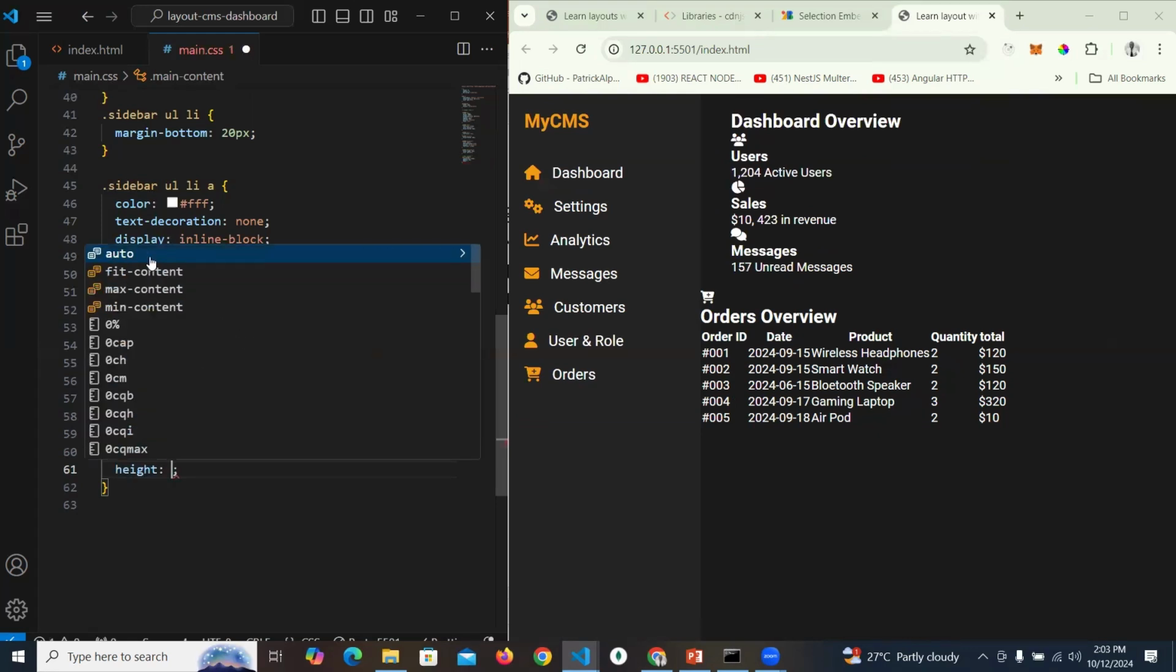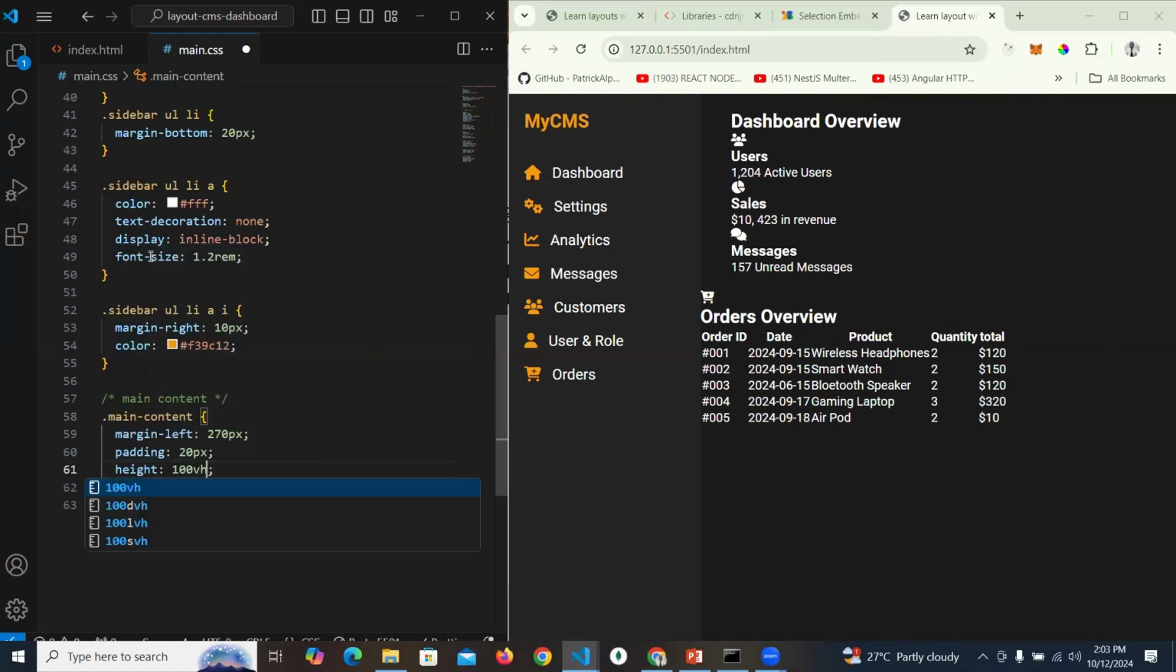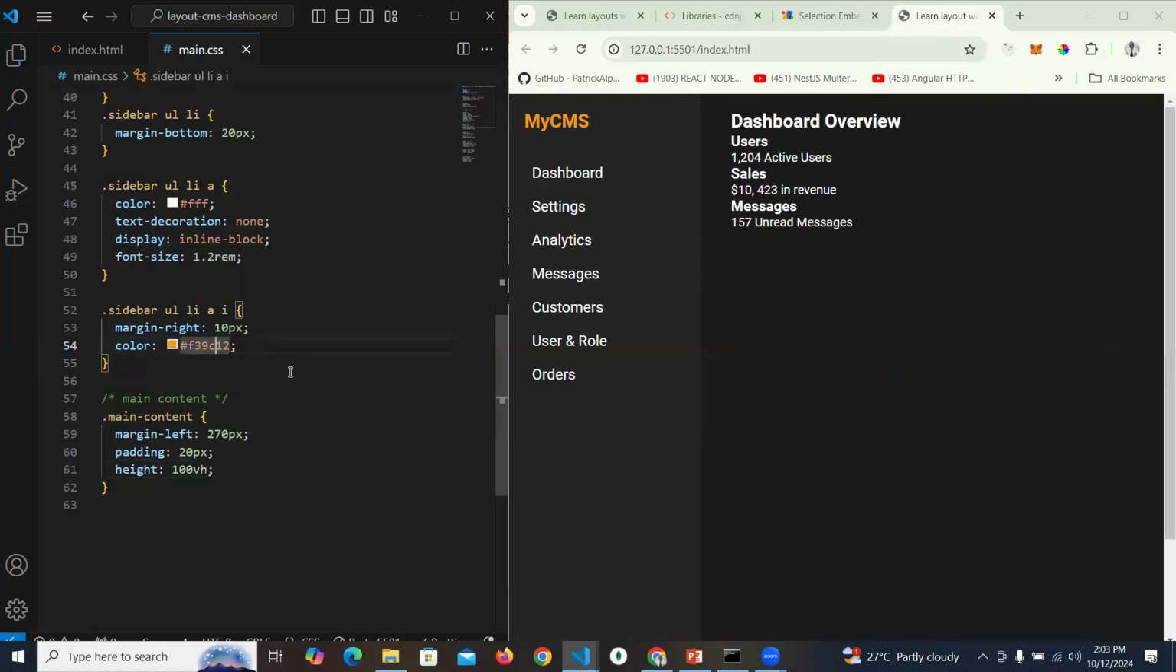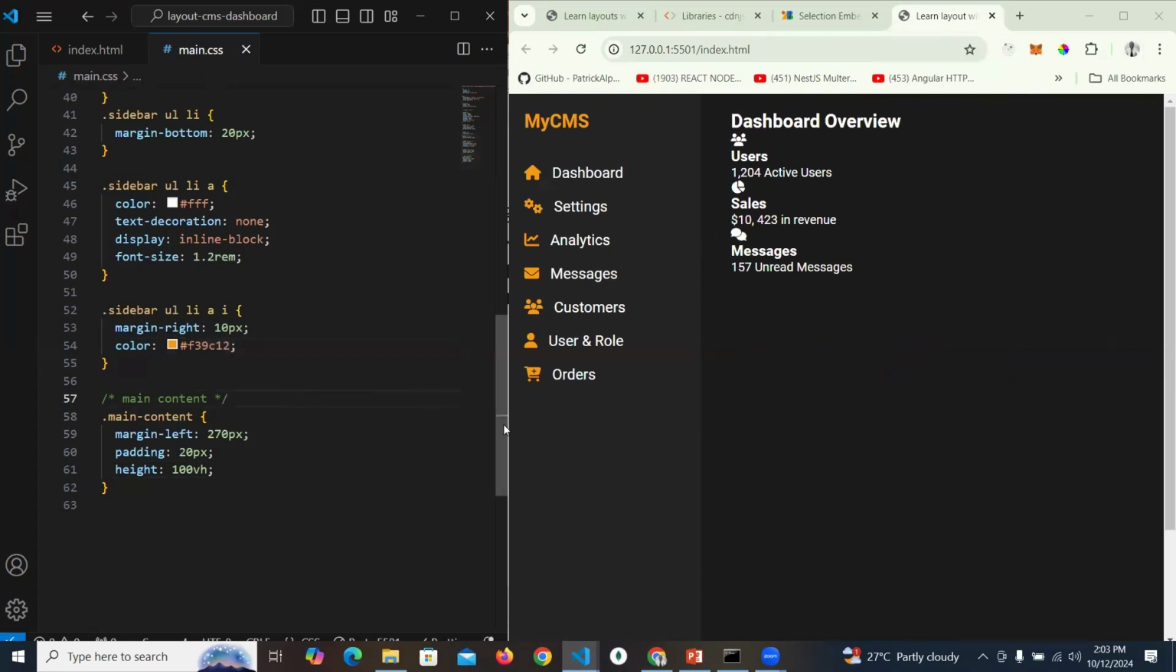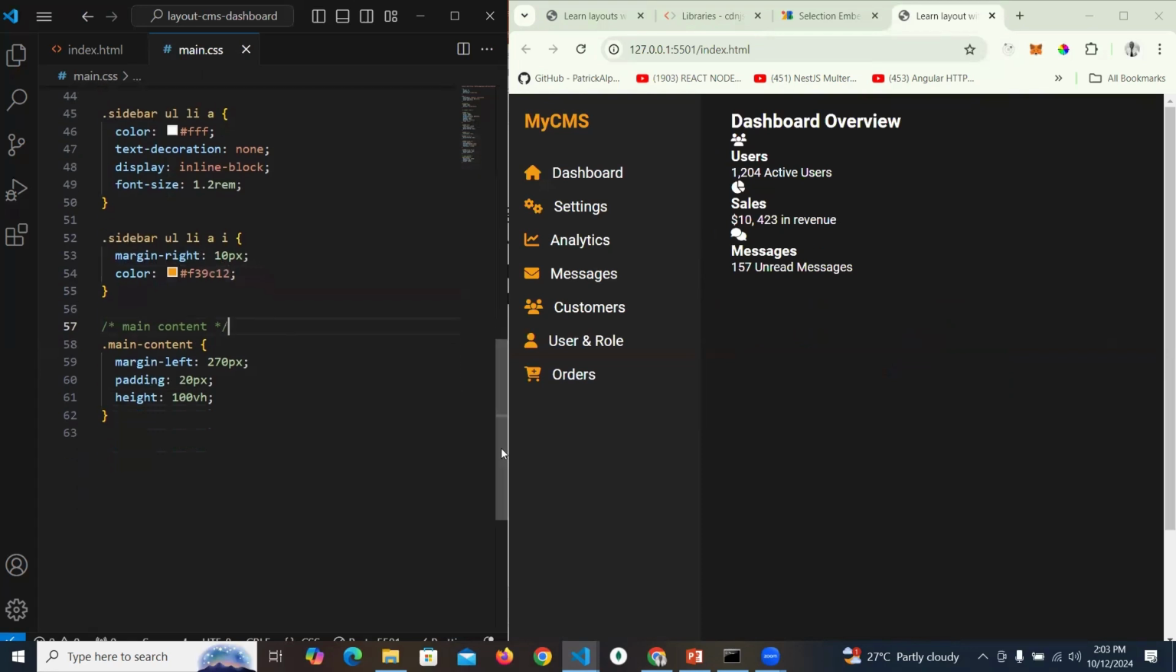Then we want height to also be 100 view height, and this is because we are dealing with a dashboard, right? So usually you want things to stay within the viewport. You can see that things are shaping out now in terms of layout. Then let's also have header